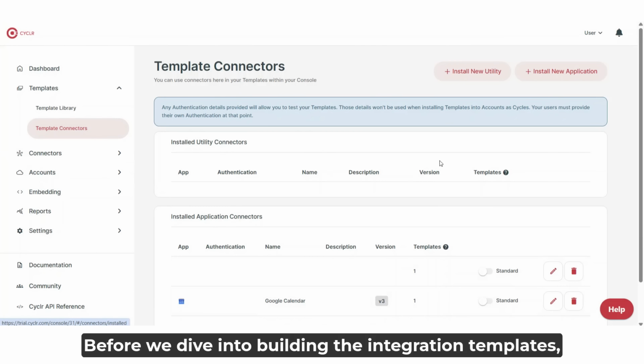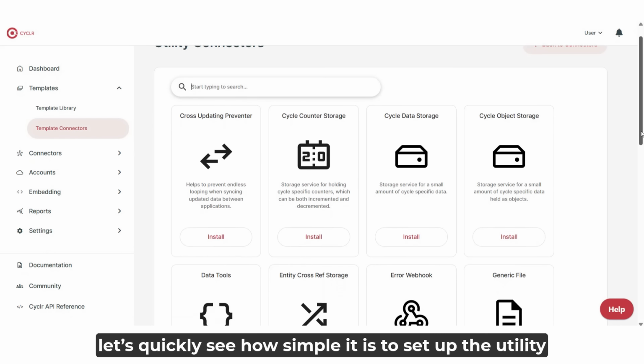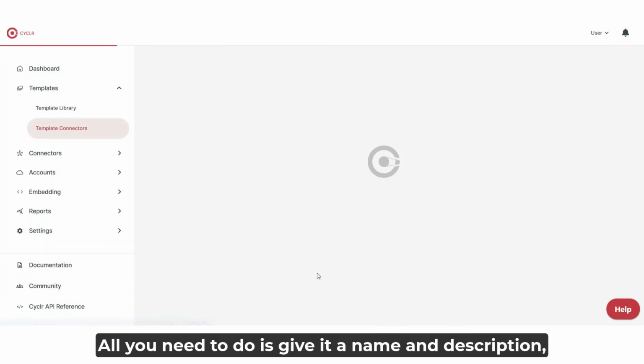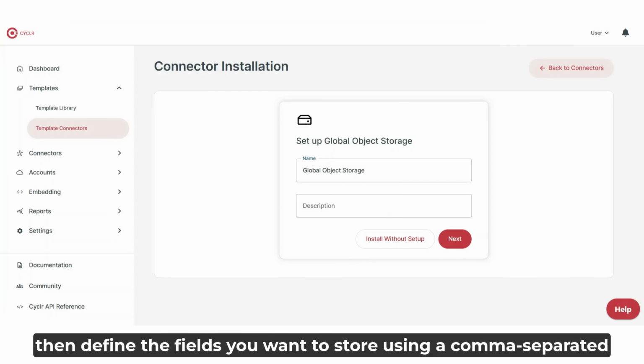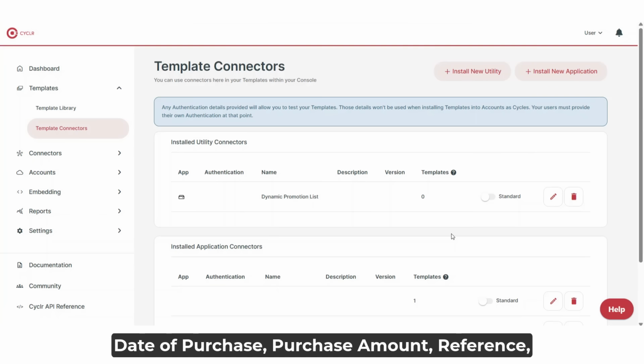Before we dive into building the integration templates, let's quickly see how simple it is to set up the utility connector object storage to store the dynamic promotion list. All you need to do is give it a name and description, then define the fields you want to store using a comma-separated list. In our case, these include contact name, email address, date of purchase, purchase amount, reference, and